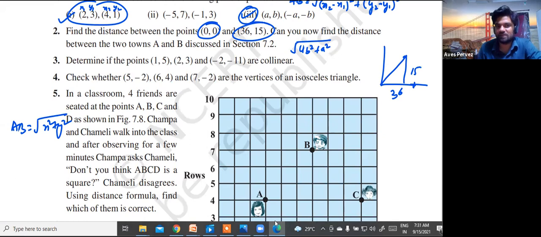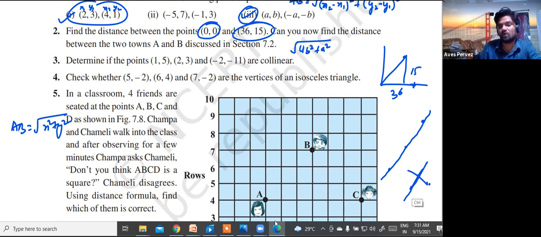So if we have 3 points, what does the word collinear mean? First, you need to understand that we can say the 3 points are collinear if a straight line can go through them. For example, if I'm saying that these points are collinear, then a straight line can be drawn passing through these points. And if I'm saying 1, 2, and 3 are the 3 points, and no single line can pass through these 3 points simultaneously, then these are not collinear points.